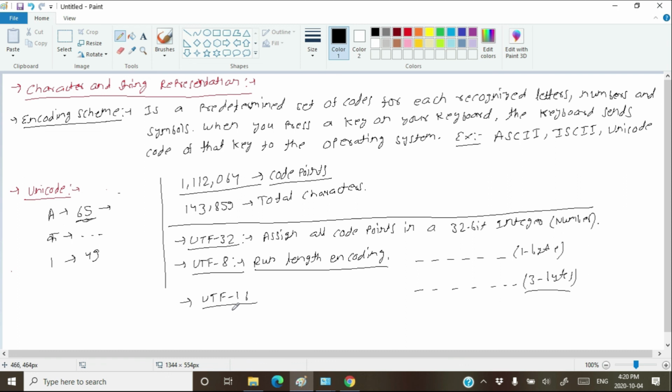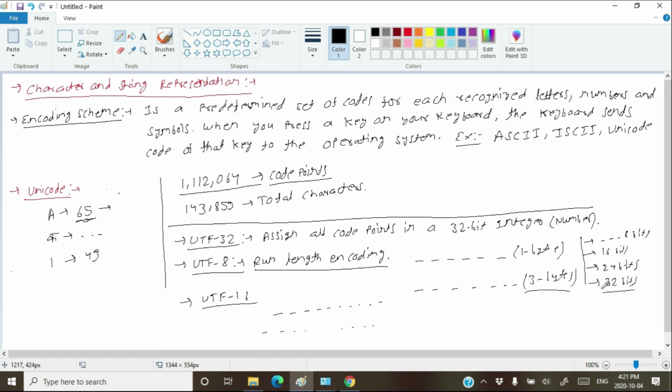UTF-8 is most popular, and apart from UTF-8 you have UTF-16. UTF-16 is also run length encoding, in which you can represent the most frequent characters in the world in 16 bits and the least frequent characters in 32 bits. In UTF-8, we can represent the most frequent characters in 8 bits. Characters less frequent than that category can be stored in 16 bits, even less frequent ones in 24 bits, and the least frequent characters in 32 bits.